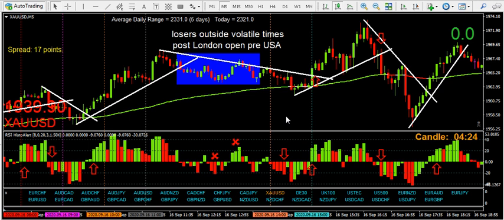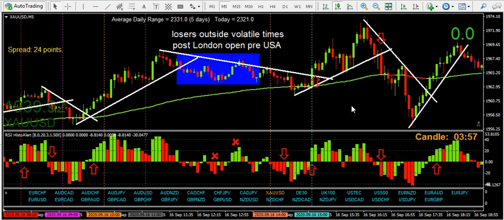If you're experienced, if you've got a few years under your belt, or 5 or 10 years under your belt, you'll understand exactly what I'm saying. It's easy to go off at a tangent. One minute I'll be mentioning weekly candles at the end of the week, or daily candles at the end of the day, or inside bars, or whatever, because there are so many ways to skin this trading cat.